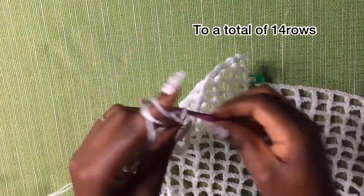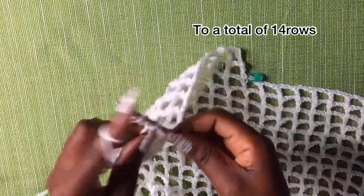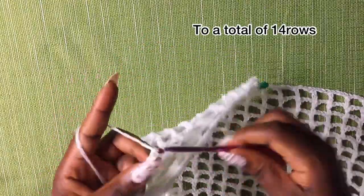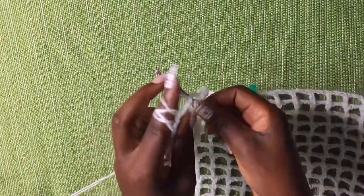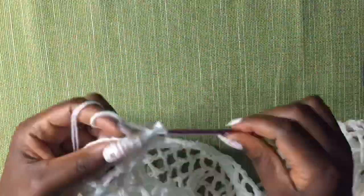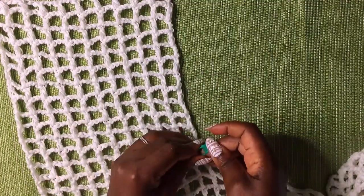Then chain 6, 1, 2, 3. That's like your first double crochet. Then chain 3, turn your work again, wrap your yarn around the hook, go into the next like that. So I'm done with 14 rows this side. Come remove your stitch marker,